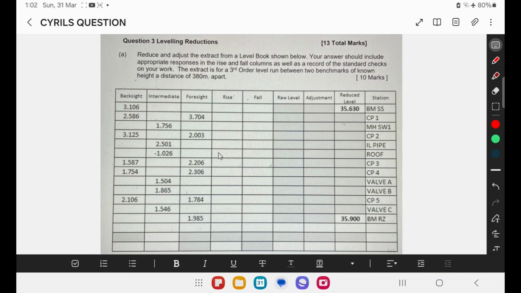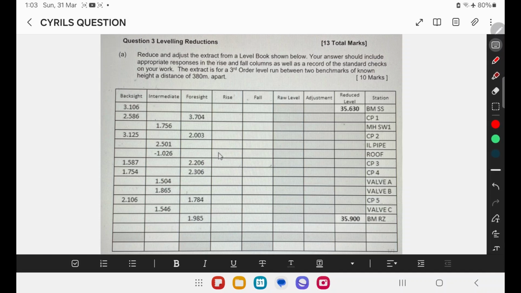As we can see, we're going from BMSS to BMRZ. So we're going from one benchmark to another. The backsights and foresights are not going to be equal because we're starting and finishing on a different benchmark. So let's have a look at what we've got here, and just by way of analysis, I can see here that